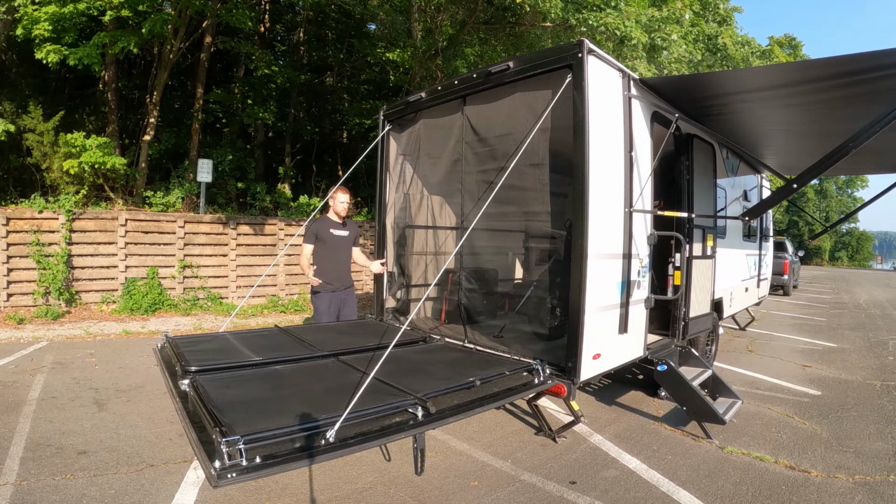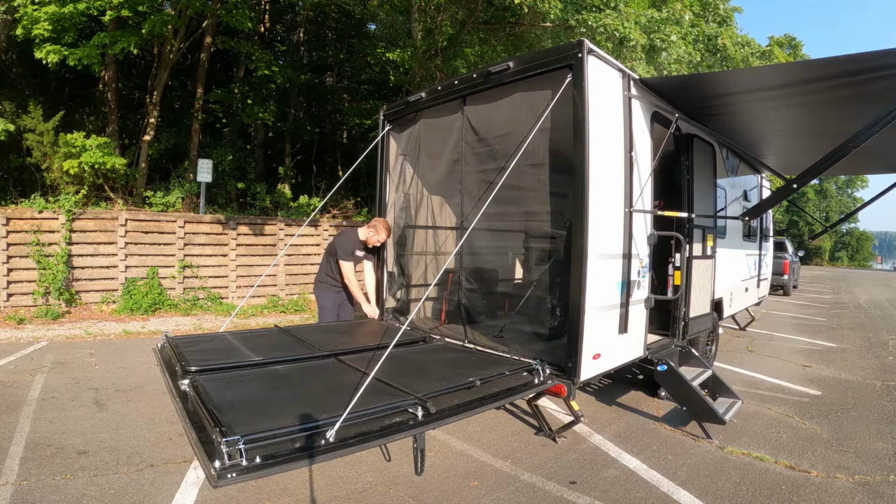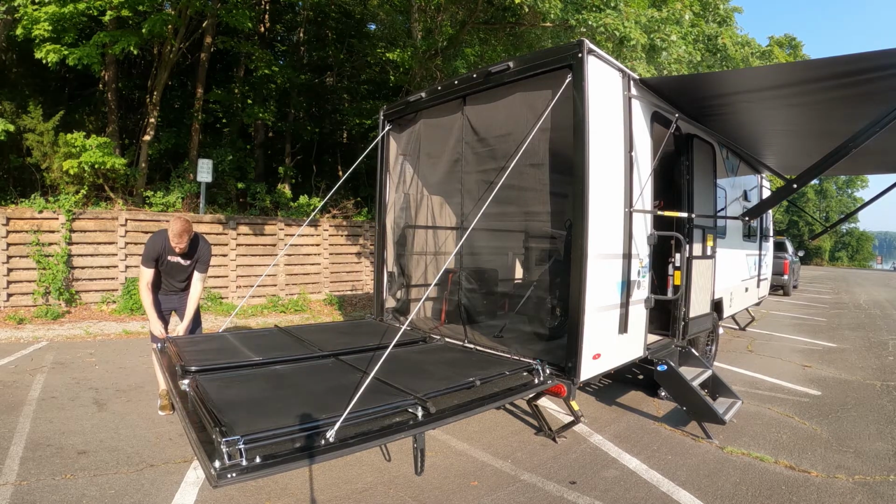One of the features I liked most about this unit was this back patio area. Now, admittedly, it is pretty small, but it's plenty big enough to fit a couple of chairs. So you have a built-in screen that's held on with really strong magnets. And to get this patio system up, you just take out these 2 pins on each side,